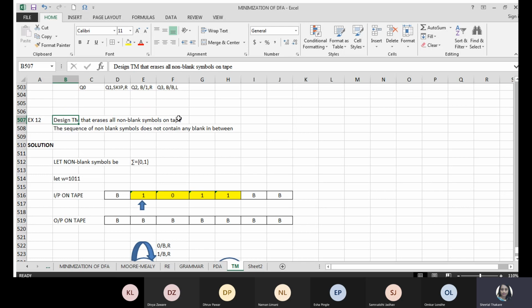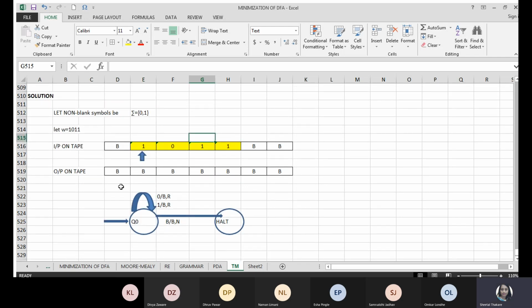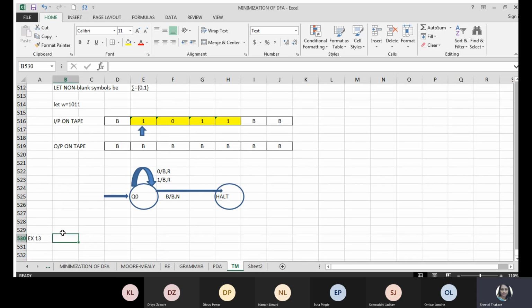The only thing is you should go through it 2-3 times and then give the visual representation of your understanding and what operations you are performing, and then accordingly you need to draw the transition diagram. So if there is no doubt, next sum, question number 13, which is